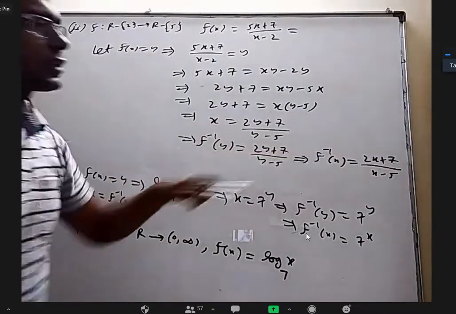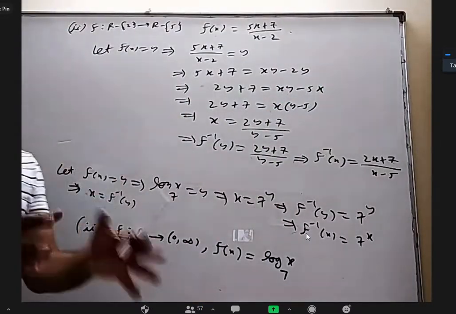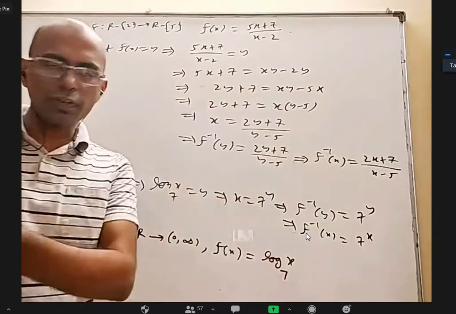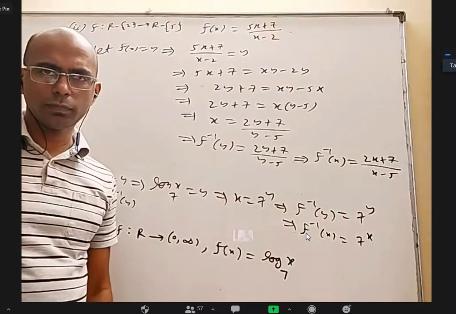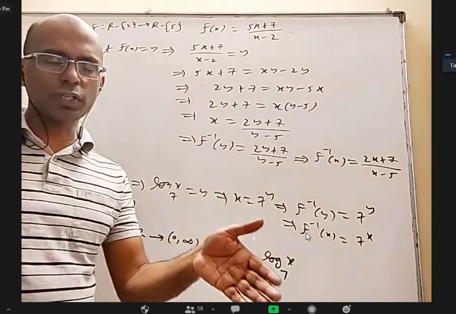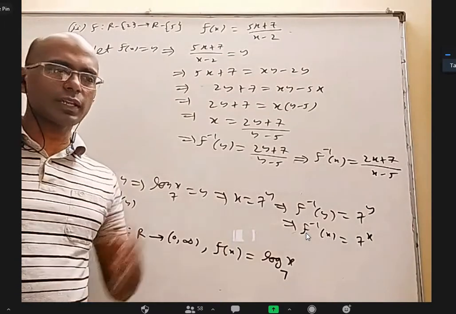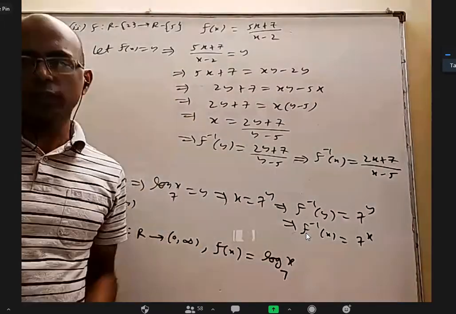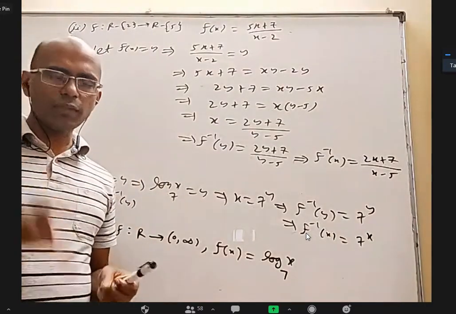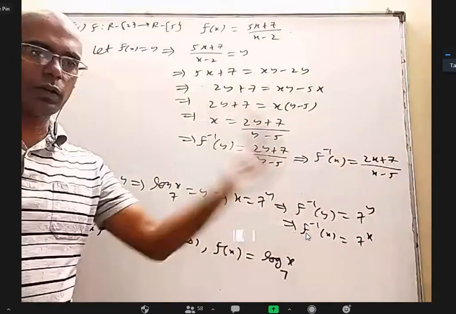Actually, you can see that here. One simple point everybody can make out, a function is there and inverse function is there. The domain of the original function is the range of inverse function, right? The domain of original function is codomain of inverse function. So codomain and range are same because they're bijections, and the range of original function is the domain of inverse function. If f is from a to b, which is a bijection, and f inverse is from b to a. So there codomain b became here domain, and here domain became codomain.